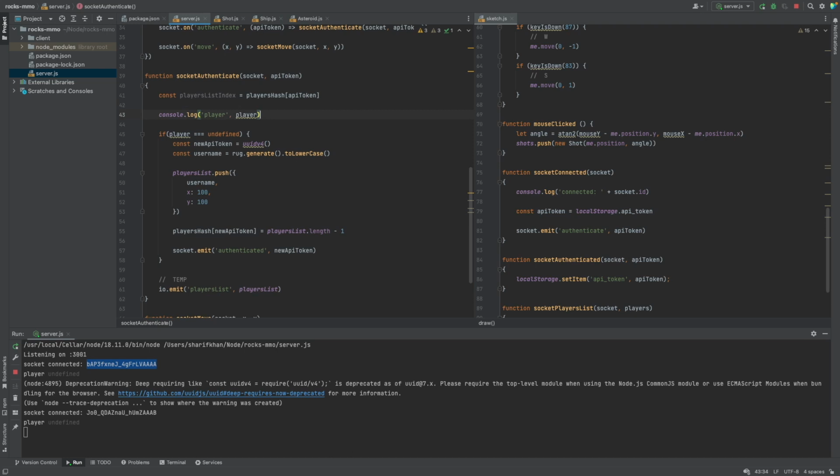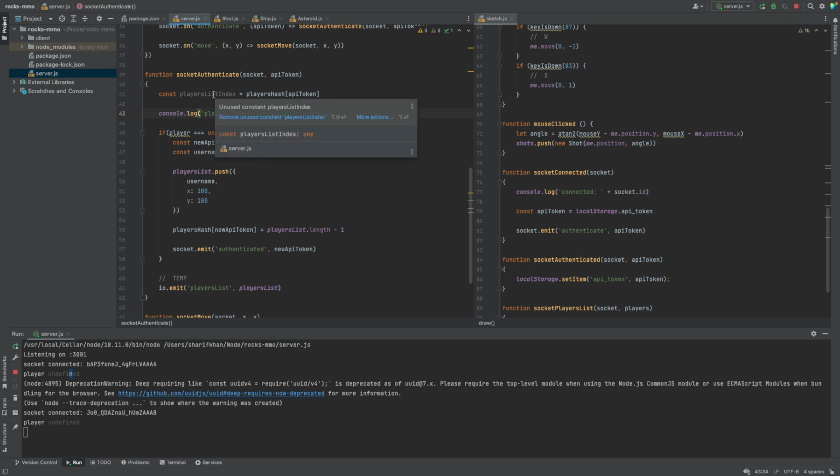Okay, so we console log player, and that's there, but it's coming down as undefined. Okay, so no doubt that's because we've made changes. So const players list index. So that's saying where in the hash we've added this player, but we don't need that now. If player equals undefined. So this is if it's a new player, and this is where it's generated. Okay. So we're authenticating with an API token, and what we need to do here is check that that API token is in the hash already. So if